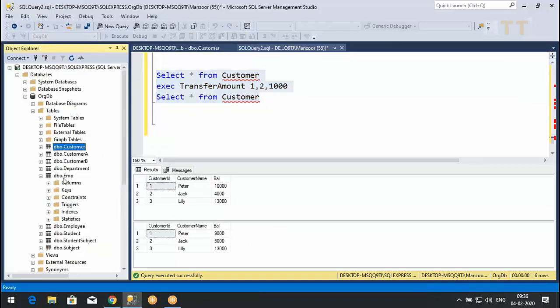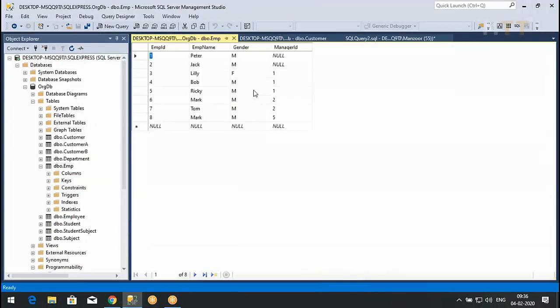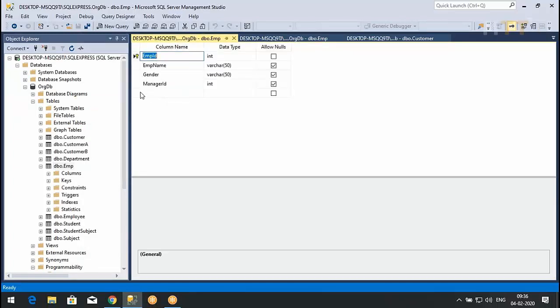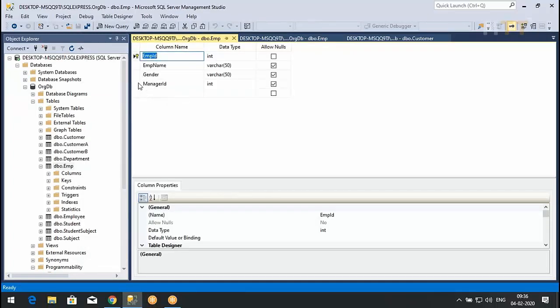Here we have the EMP table, right? We created it, I think. Employee ID, employee name, gender, manager ID. In this, I'm going to add one more column. Let this be as is. I'll add salary.